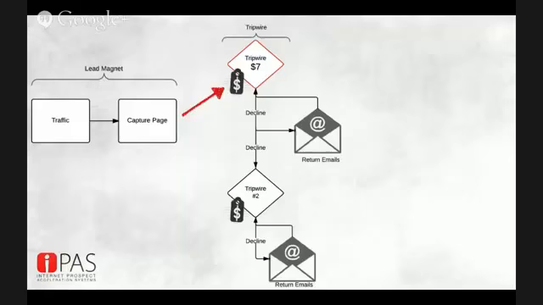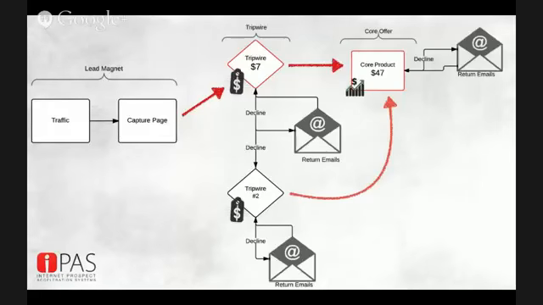And if they don't buy that, we hit them with some other emails to send them back to that second tripwire. Now from there, when they decide to purchase the tripwire, it goes then to the core product, okay? And in the core product, if they don't buy it there, it actually sends more return emails to them saying, hey, you need to get this, you got the tripwire, this is what this is going to do for you and how it's going to benefit you.